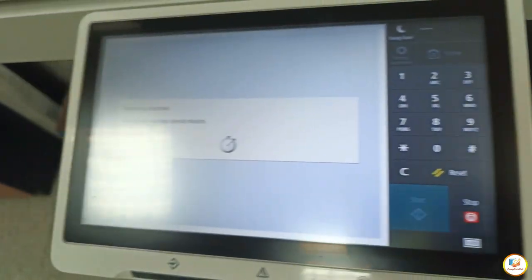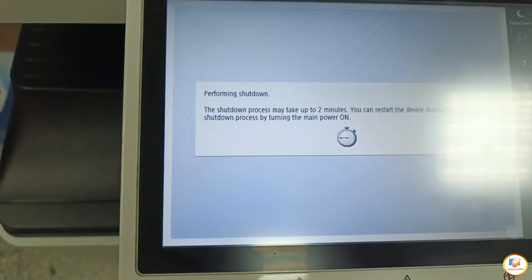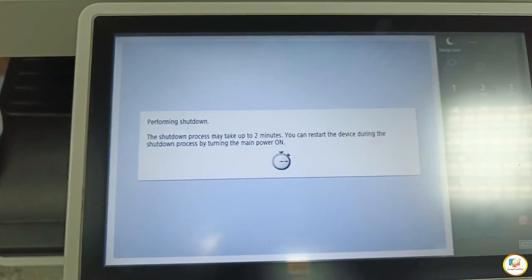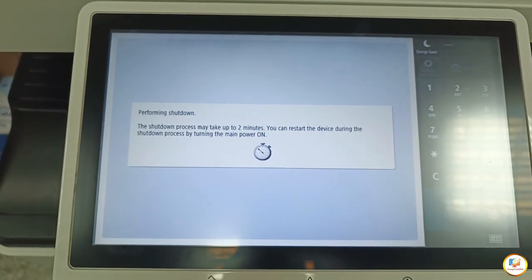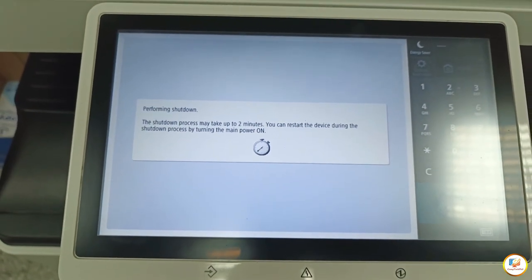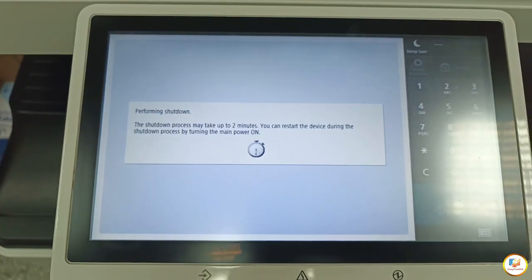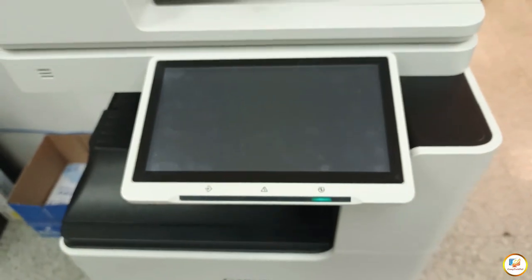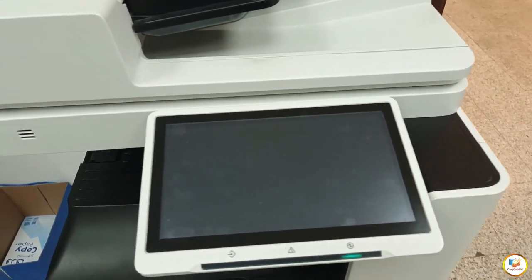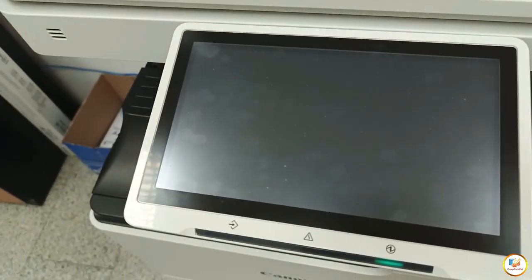Okay, we can see it's performing shutdown. The machine is now shutting down. It's already shut down, so now we're going to turn it on again.